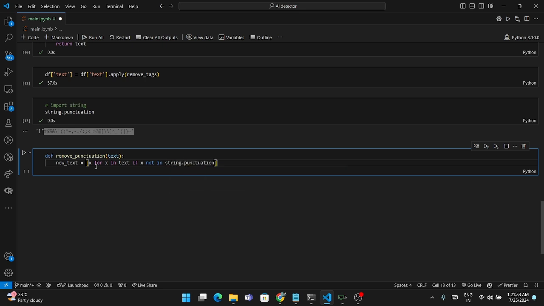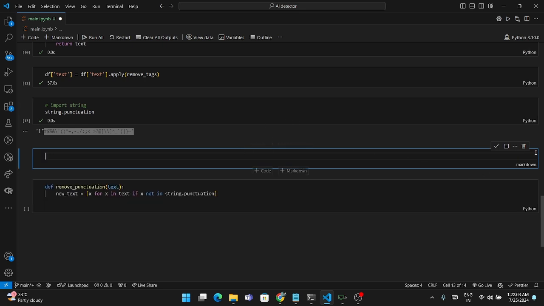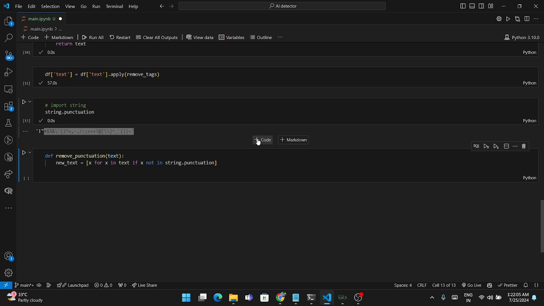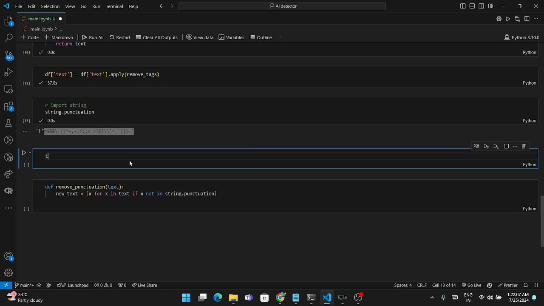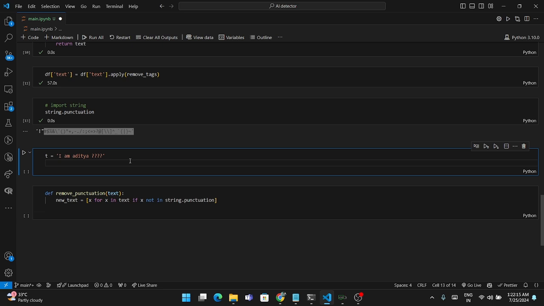So here you can see, let's suppose you have a text t is equal to I am Aditya, with punctuation like this. If I print x for x in t if x not in string dot punctuation,